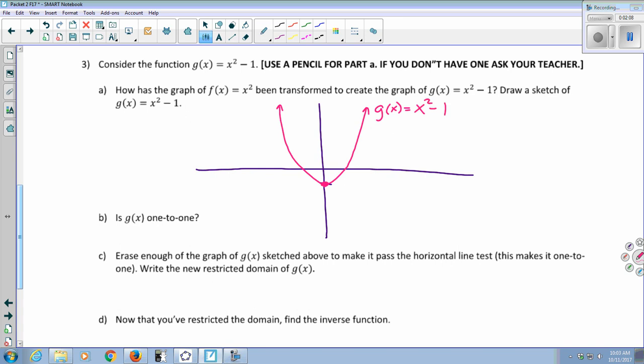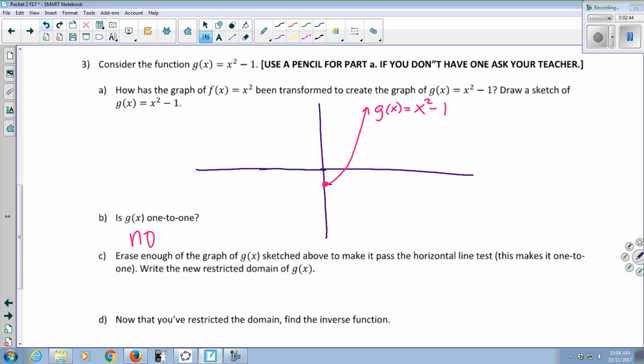Okay. Is g of x one-to-one? Does it pass the horizontal line test? No, it does not. There are lots of places where I can draw a horizontal line and it will intersect my graph in more than one spot. But I could fix it, right? I could erase part of g of x and force it to pass the horizontal line test if I erase either the left side or the right side. So if I erase half of this graph so that it looks just like that,